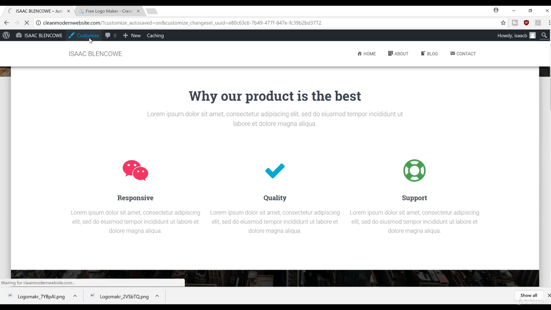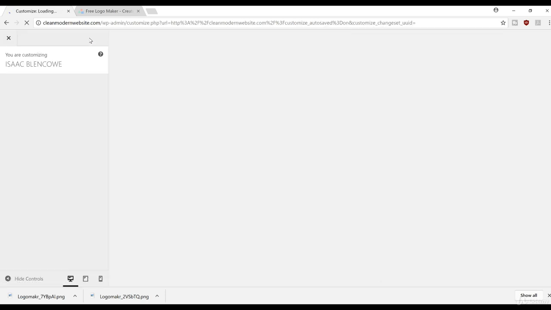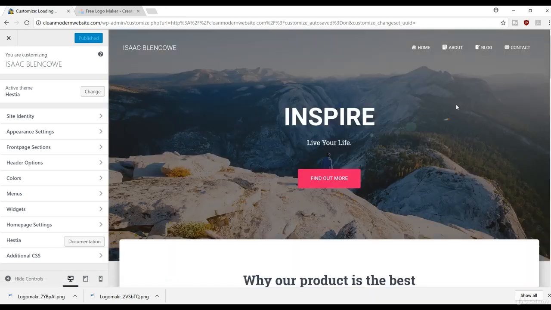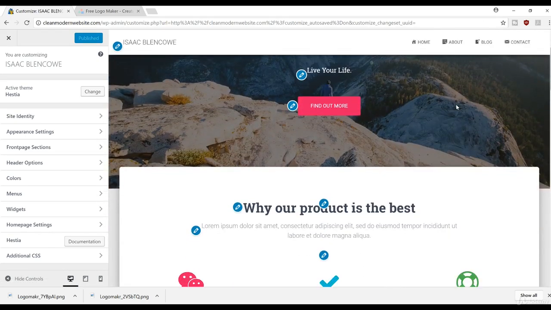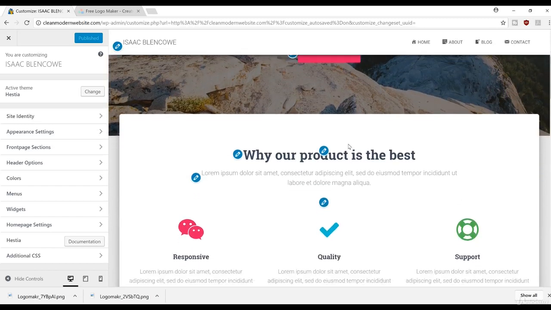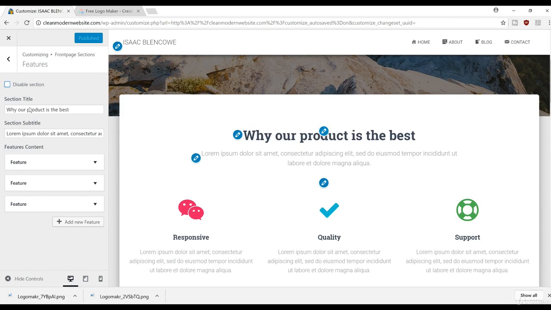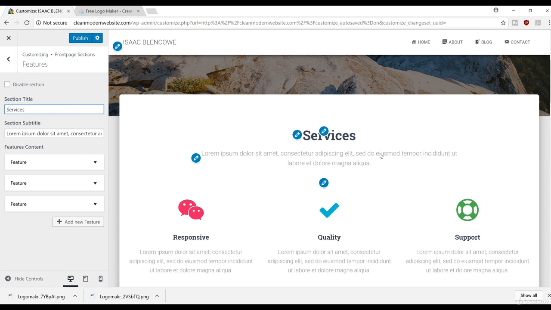So you're going to go back to customize and wait for it to load, and you're going to go to your site, and we've got this here. So we've got all our little blue dots again. So we'll hit this one here, and this is to change our heading. So maybe you could have in this section services, perhaps, or you could have offers,